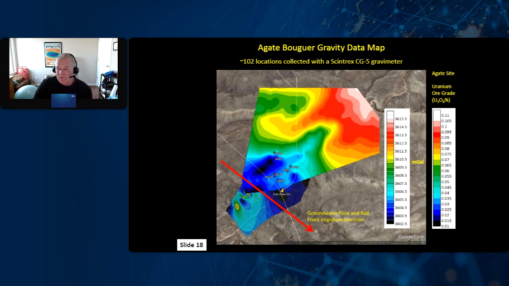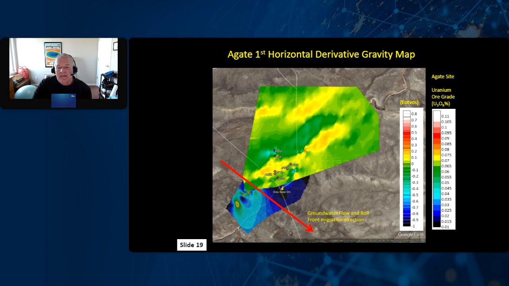But what was more useful, obviously, at this site was looking at the first horizontal derivative of that map along sort of a 45-degree axis. To calculate the derivatives, the reason for picking 45 is trying to be along what we presume the groundwater flow direction is. We know the groundwater flow is driving a lot of this. So we want to basically see, and when we do that, if we put our wells here that